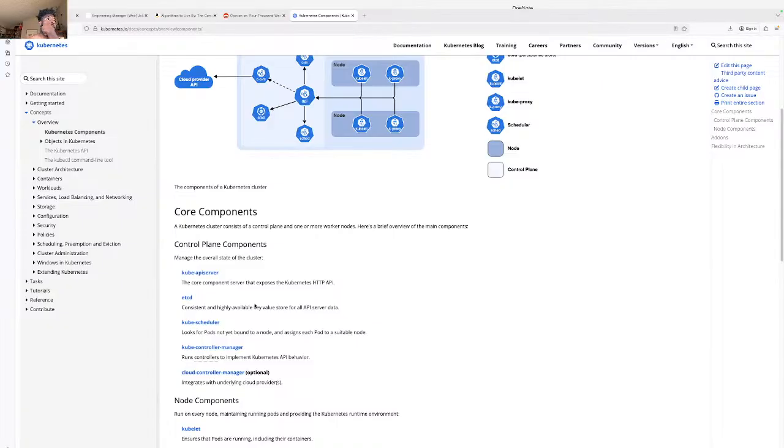So kubelet, so nodes can have one or more pods, right? Kubernetes cluster consists of a control plane plus a set of worker machines called nodes that run containerized applications.